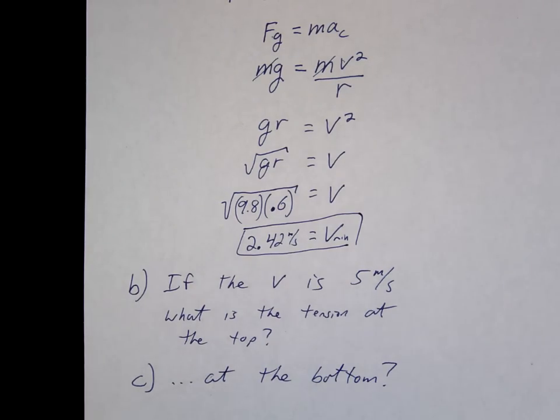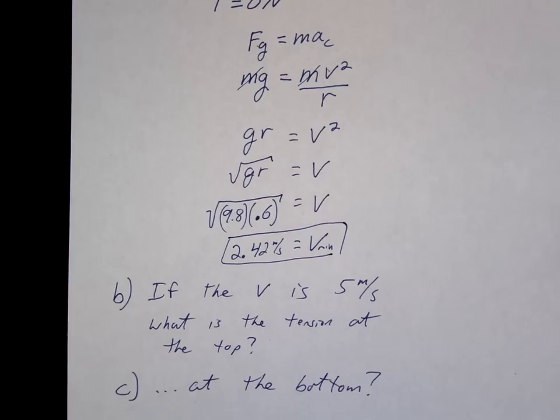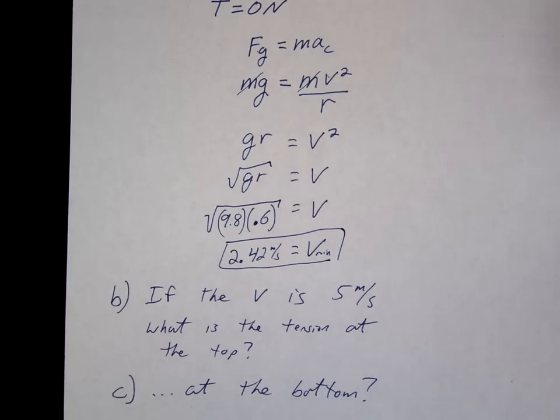And then letter C, what is the tension at the bottom? Okay, so again, the question is, we're spinning our stopper. We're going to go fast enough so it's not falling. We want to know what's the tension up here at the top, and then what's the tension down at